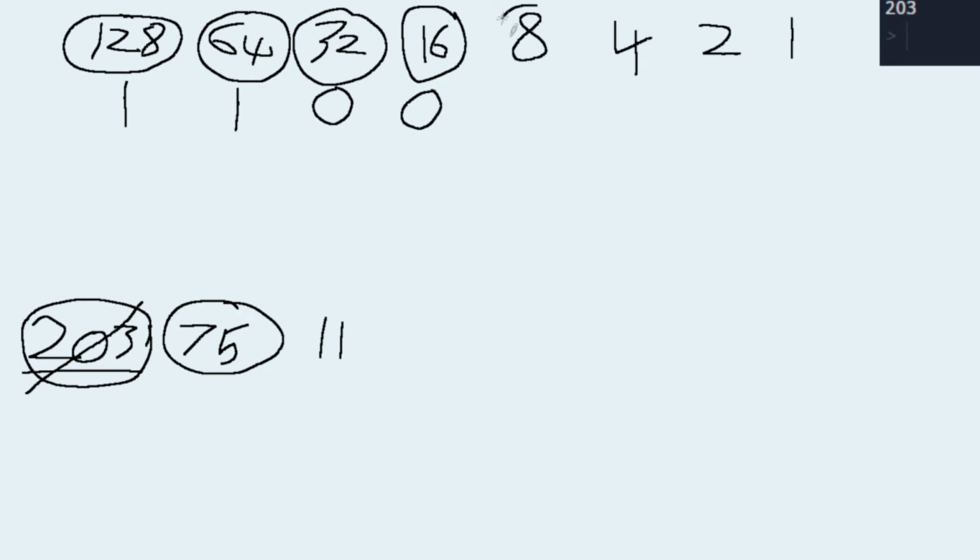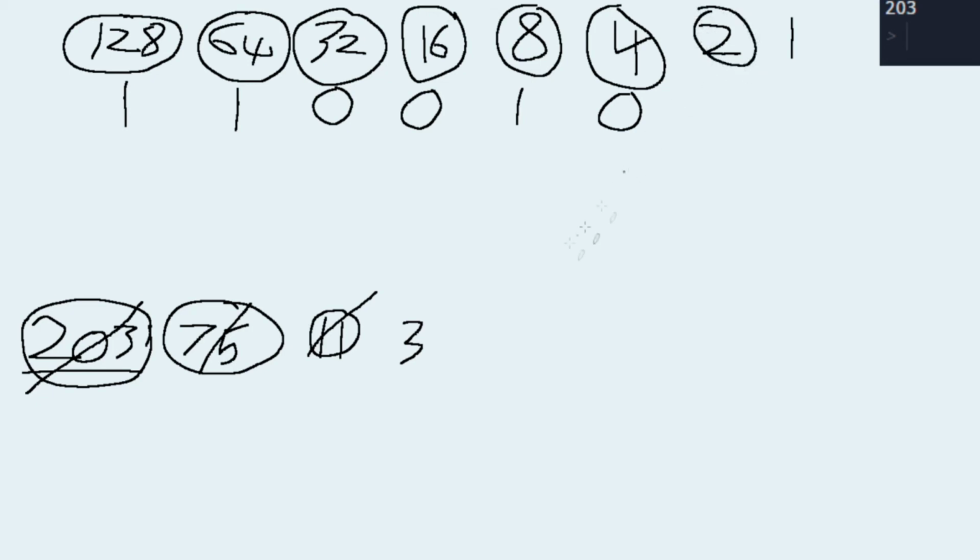Our next row along is 8. Since 8 is less than 11, that means it can fit in, so we're going to drop 1 and subtract 8 from 11, which means we are now left with 3. We're going to look at our next row along, and this is 4. Since 4 is greater than 3, it won't fit, so we're going to leave a 0. Our next row along is 2. 2 is less than 3, which means we can drop a 1 in there, and subtract that 2 from 3 to leave 1. And of course 1 will equal 1 there to go into our last row,